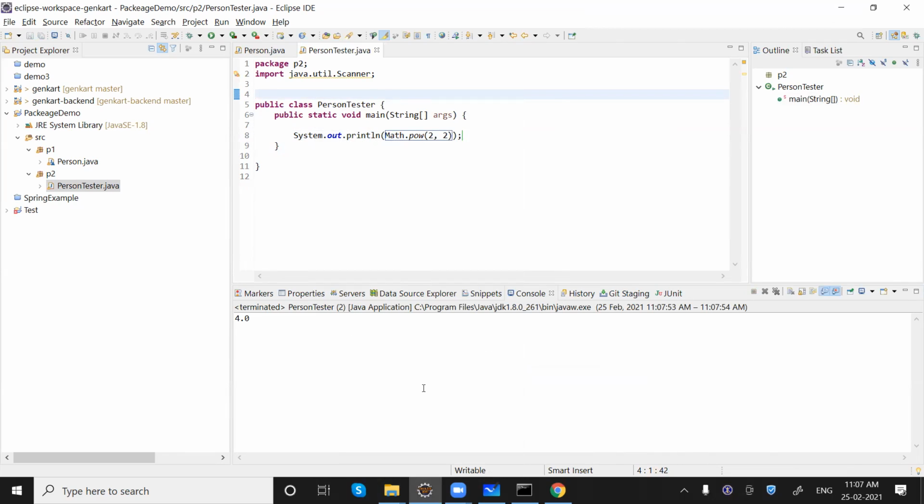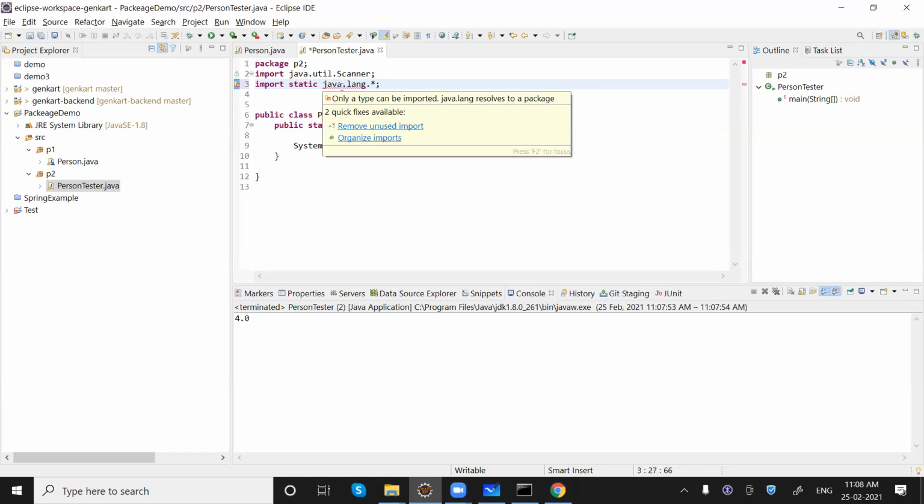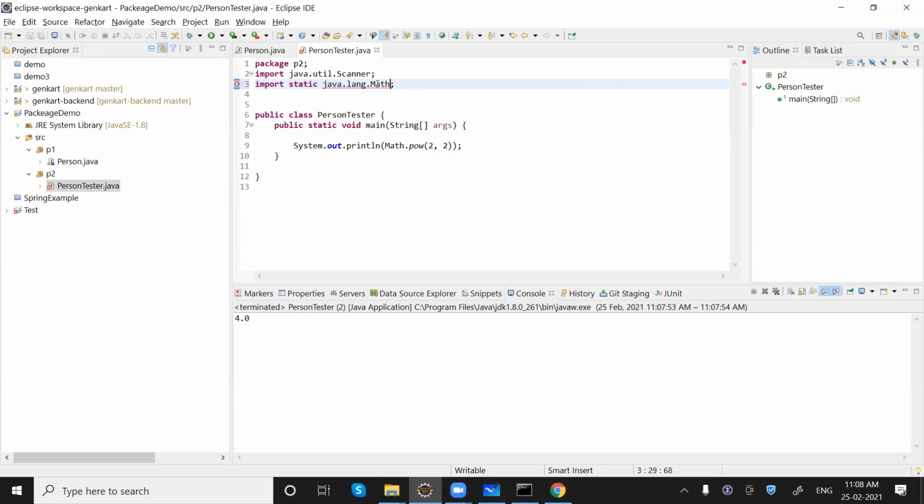But for this, I'm saying use this particular power function from this class. If we have something like this, import static java.lang.Math.star. What is the error I'm getting now?